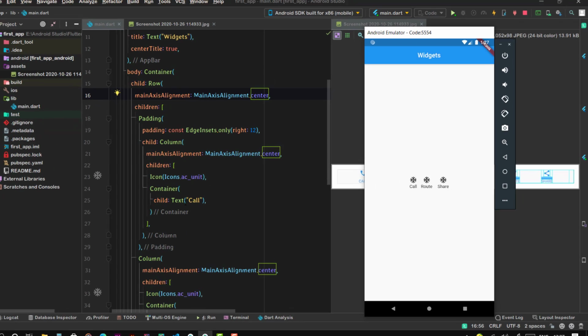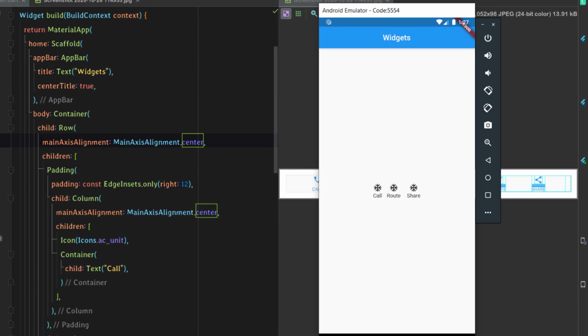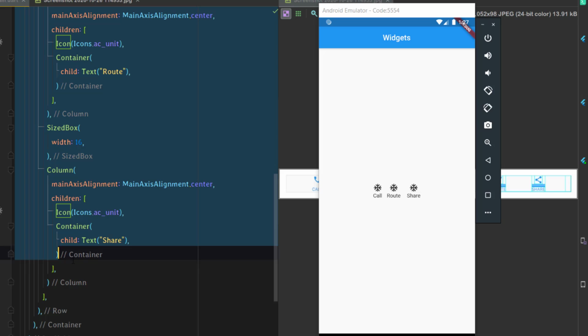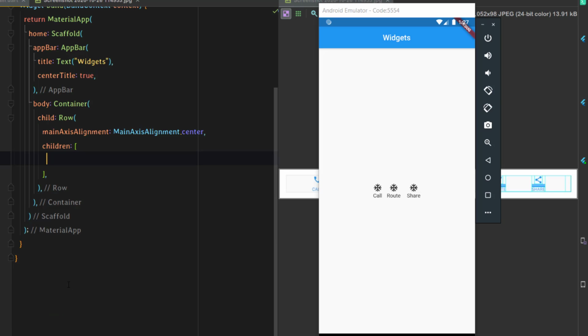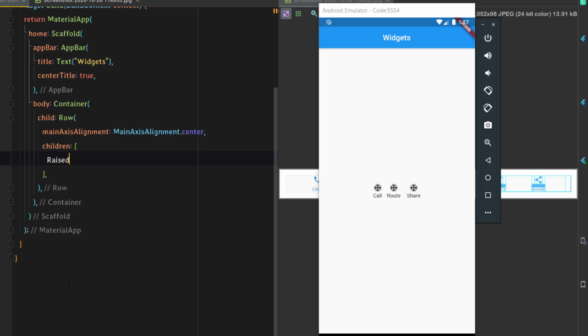Now let's talk about buttons. Let the layout remain the same, and now inside this row, instead of adding these columns, we'll add buttons. We will add a raise button, which we had seen previously.